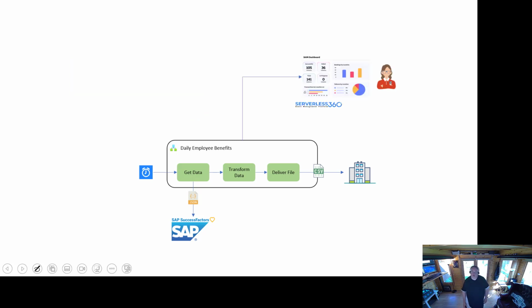In the second demo, we're going to have exactly the same scenario, but this time I'm going to do some work in my Logic apps to send BAM events to the business activity monitoring module of Serverless 360. And then our HR application super user over here can see, instead of having to wait for support to do anything in IT, what's happening in the interfaces. They can participate in them and resubmit them, and we'll show how you get that extra maturity and added value features from BAM beyond just being able to see what's happening in the logs. So at this point, I'm now going to take over onto the screen and show what that would look like